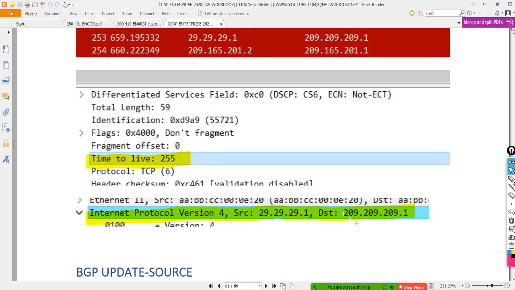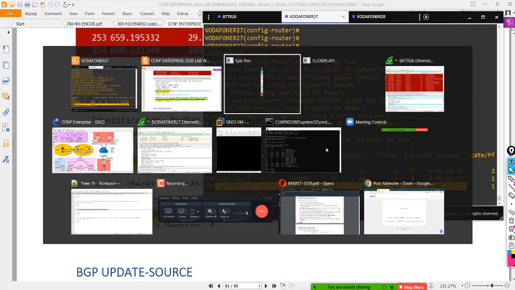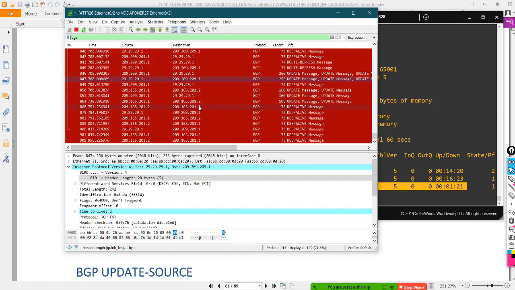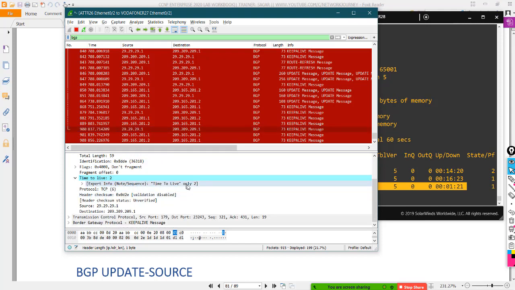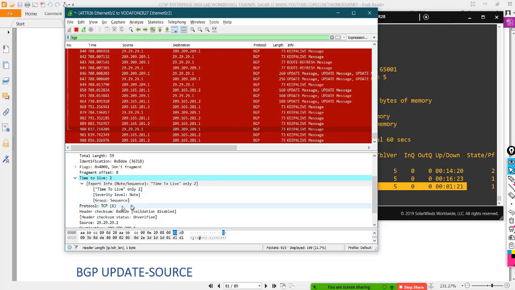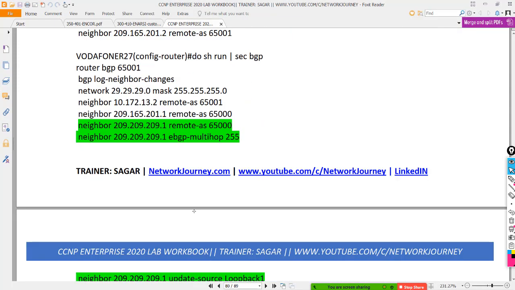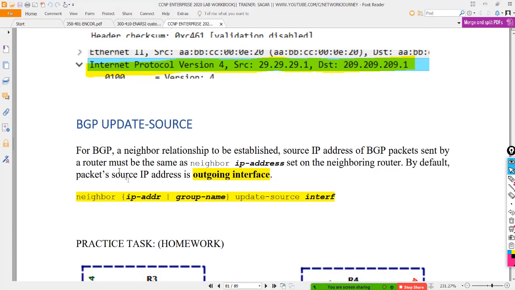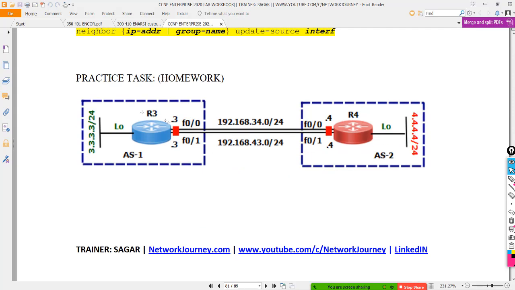and then finally you have a better result. So you see the source and destination were updated. You see the TTL. Okay, now let's see the TTL value, which we have already checked. Let's see once again, the TTL should be 2 now. It says TTL 2 because that's something I manually changed. So this is one important topic with respect to eBGP. This is update source, and now it's your turn.